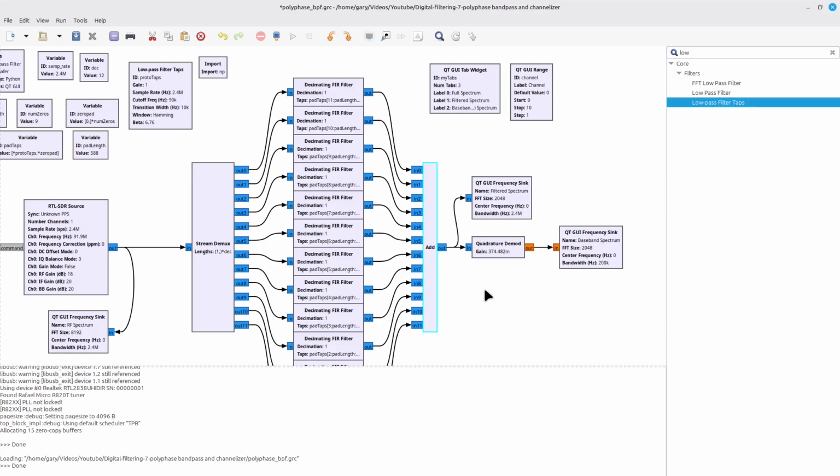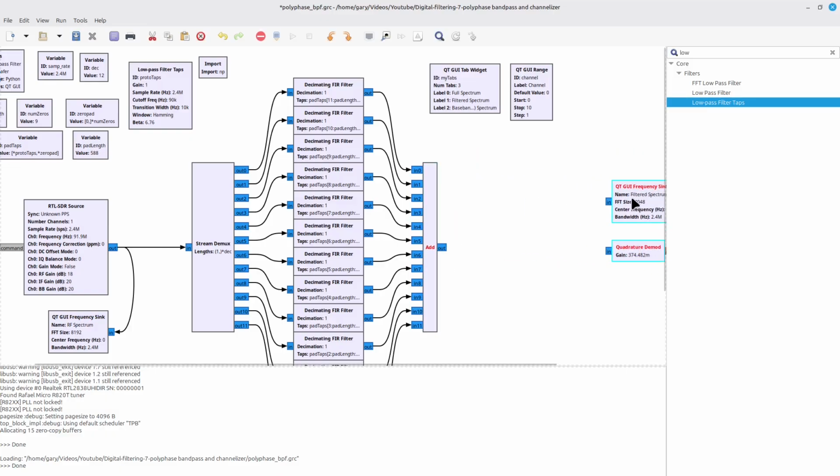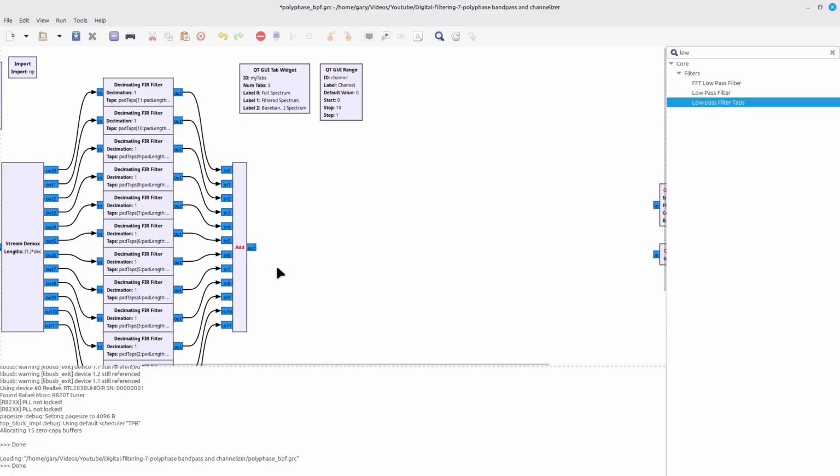The difference is that if I can take this and shift this addition to after I have multiplied each of the channels by its own complex sinusoid, in other words, do a complex frequency shift, then I can get access to all of the channels at the same time. What that's going to require is, let me first off not get rid of these, but just move them off to the side, get them out of the way.